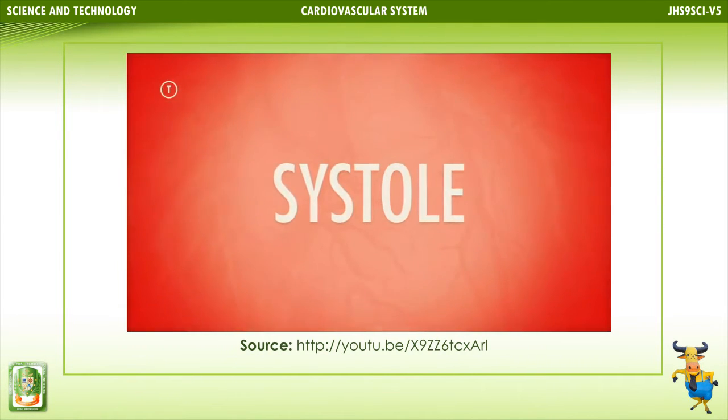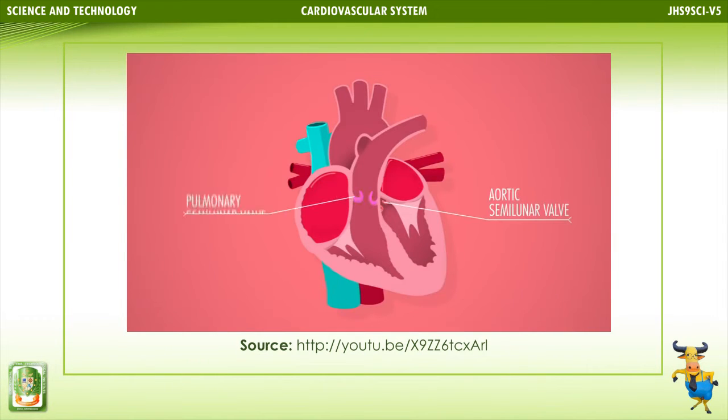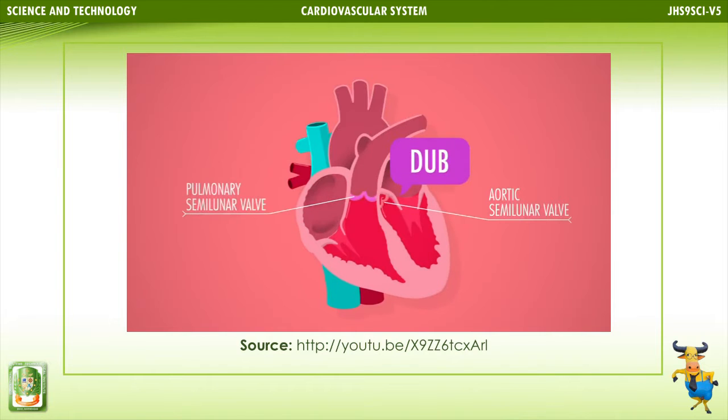Now, the dub sound. And just to be clear, I'm not talking about dubstep sounds. That's the aortic and pulmonary semilunar valves closing at the start of diastole. That's when the ventricles relax to receive the next volume of blood from the atria. When those valves close, the high pressure blood that's leaving the heart tries to rush back in, but runs into